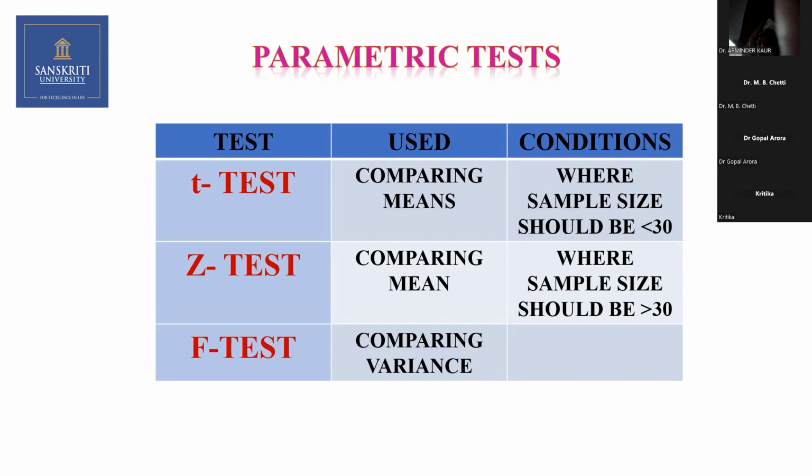But suppose the sample size is small, but it is drawn from the normal population, you can go for T test. There we have 1 sample, 2 sample and paired test. Then to compare the variances, last class somebody was asking what's the difference between T test and F test. T test is used to compare the means, whereas to compare the variances, we go for F test.